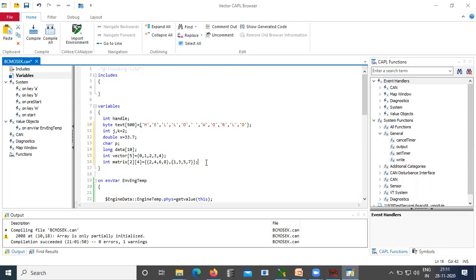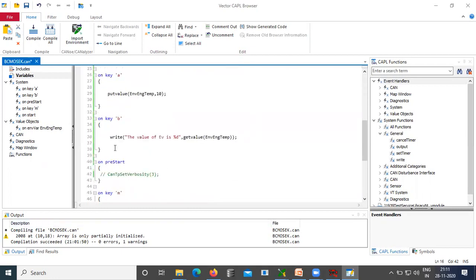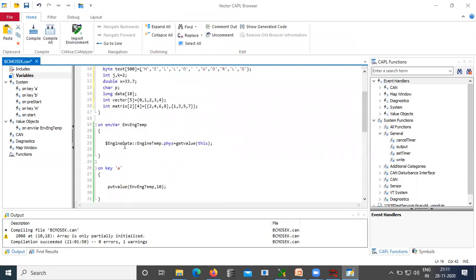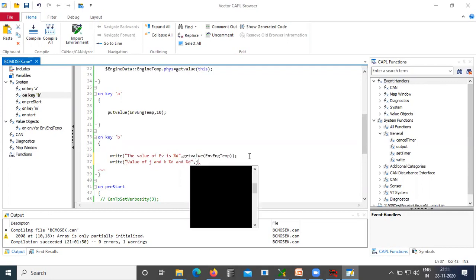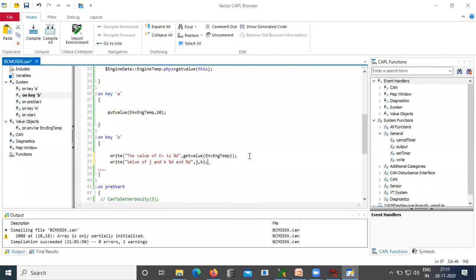Okay, how can I access these declarations? How can I print them? We already have a B, right? We use the same to print their values. To print J and K, I use a write function, write value of J and K, percentage D and percentage D, J comma K. This is one thing.